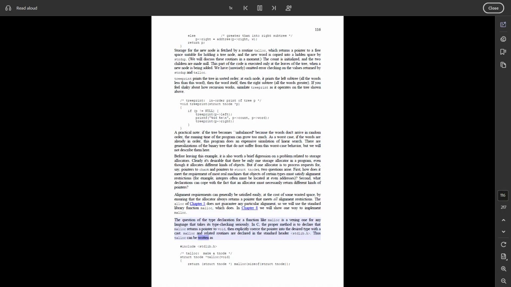Thus, talloc can be written as: #include <stdlib.h> /* talloc: make a tnode */ struct tnode *talloc(void) { return (struct tnode *) malloc(sizeof(struct tnode)); }